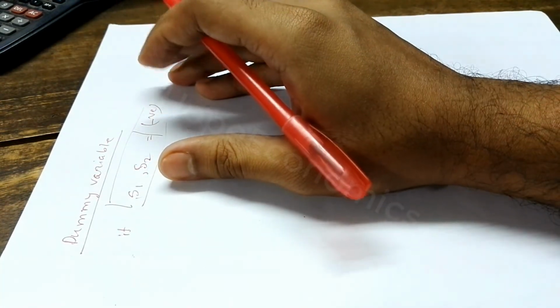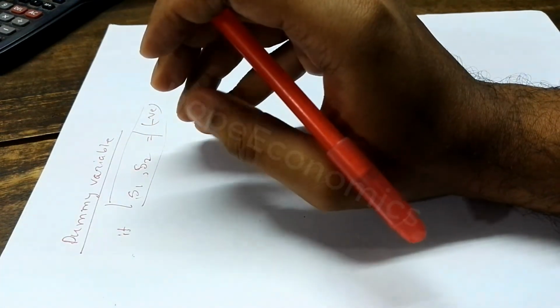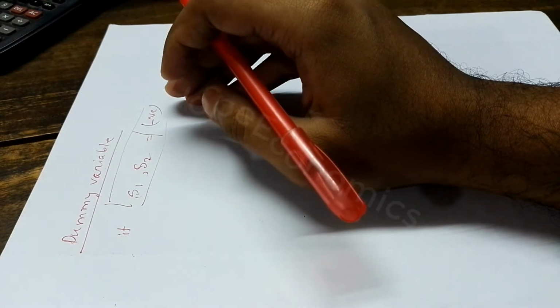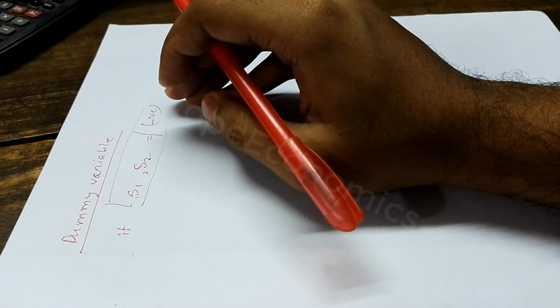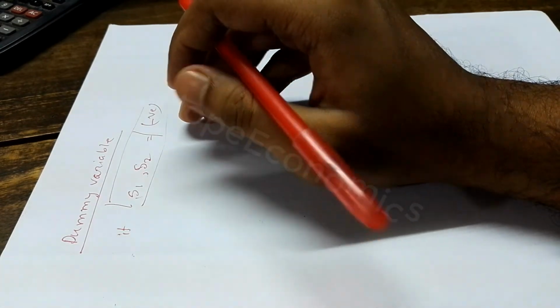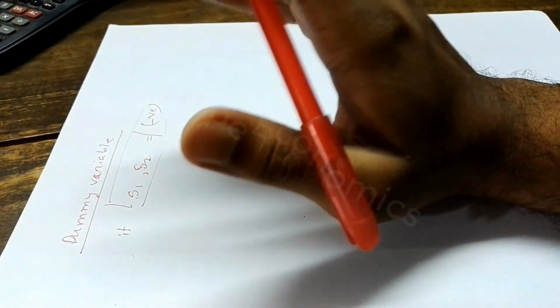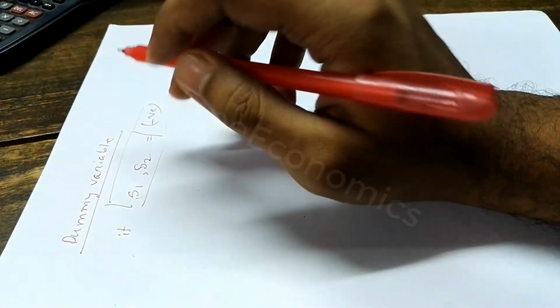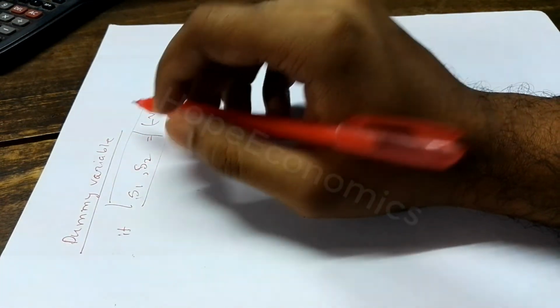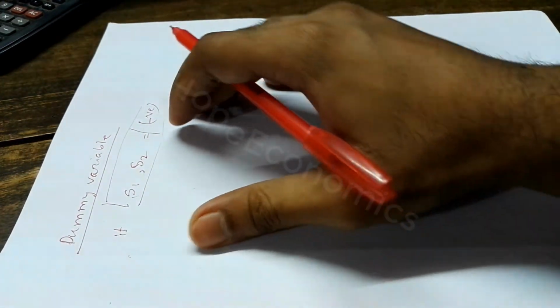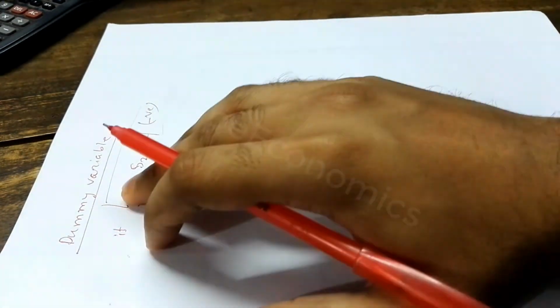You have to consider that the value of the dummy variable is positive and extremely large, and it can't be negative. That is how you solve it when your slack or surplus variable becomes negative in the first case. So these are the three basic things we need to know